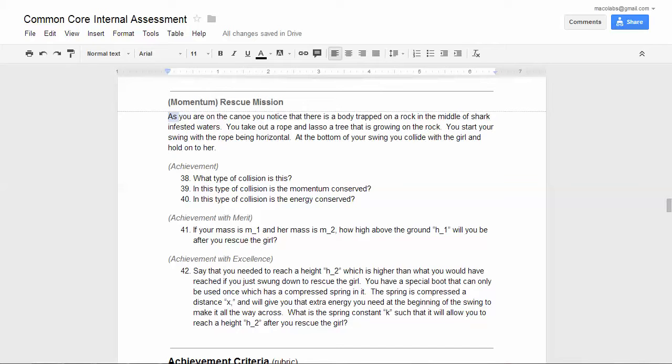At the bottom of the swing, you collide with the girl and hold on to her. What type of collision is this? In this type of collision, is momentum conserved? In this type of collision, is energy conserved? All right, the big middle of the road